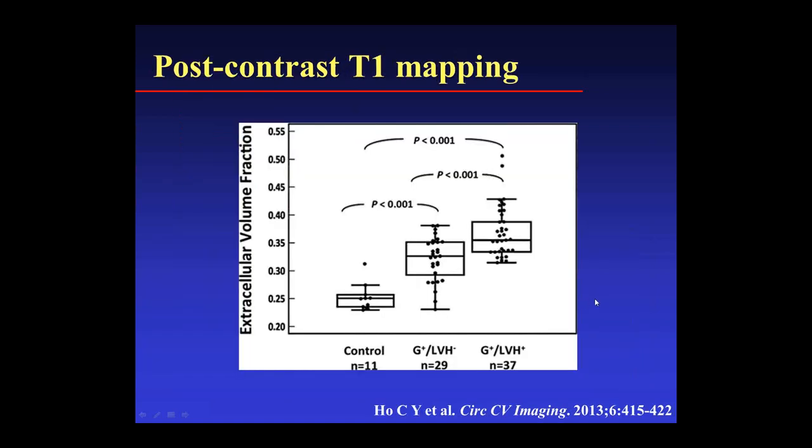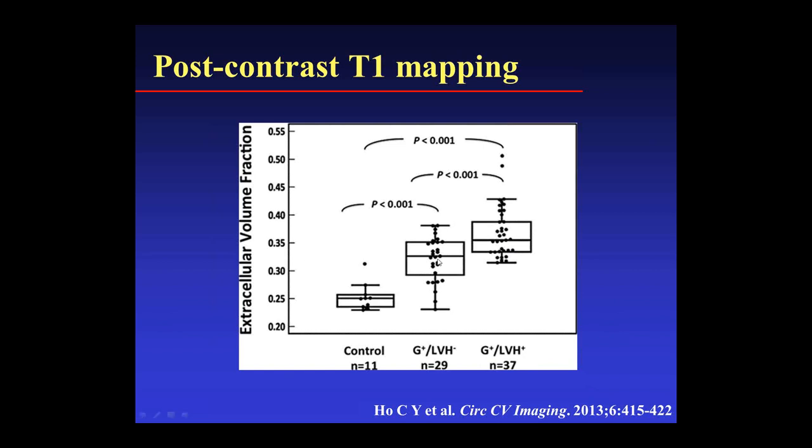There have been some preliminary studies with T1 mapping. This study from the Brigham and Women's Hospital, which is part of our consortium in HCMR, measured diffuse fibrosis by cardiac MR. There were 29 patients with the positive gene for HCM but without the phenotype, meaning the patients had not developed evidence on echo or MR of overt HCM yet. There were 37 patients with both the positive genotyping and evidence of HCM on echo or CMR.